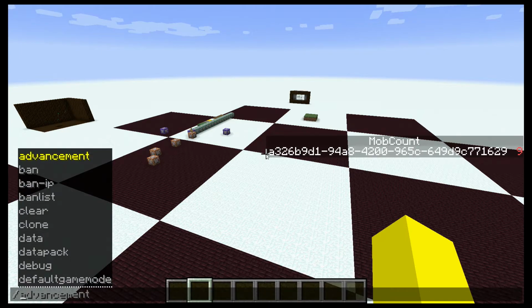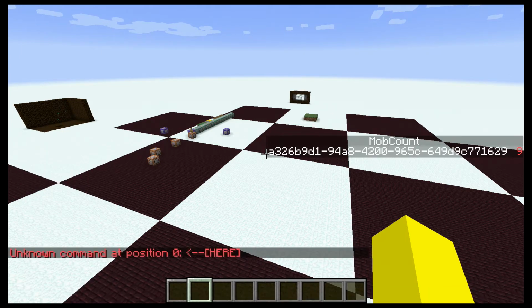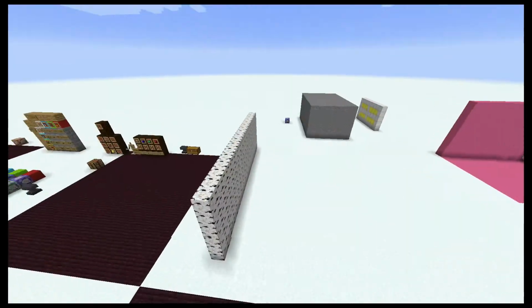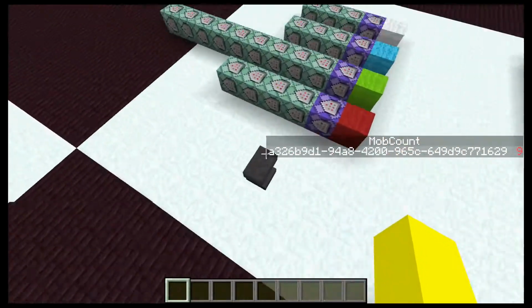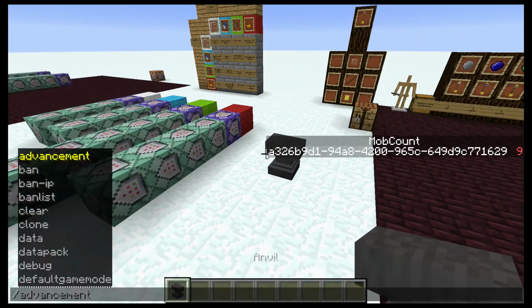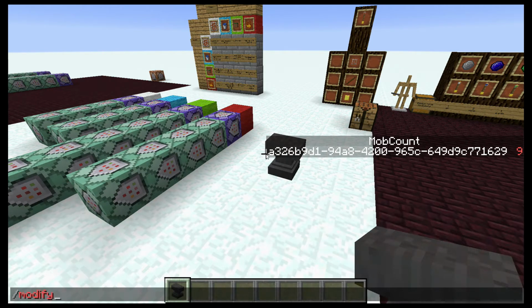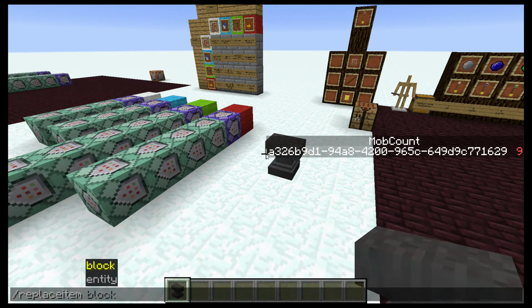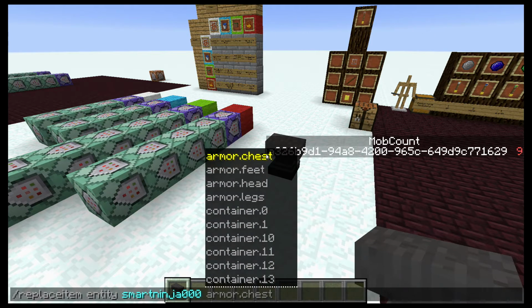We're hoping for this since they did remove the /enchant command, which no one really cared about. I liked it just because we didn't have to place down the anvils. Although the /modify item will be a lot better because then we can also do the renaming. So we do stuff like /modify item, and then we might enter a slot. Slots are in the replace item. So like entity, and then you would do your name,